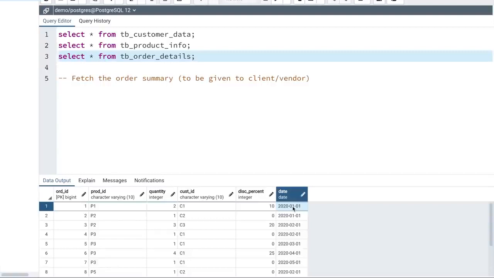And let's say your supervisor comes to you and tells you to generate a report to gather the order summary so that this can be shared with the clients or some vendors or some external parties who are not part of your organization, but you're basically working with them on some common projects. Okay, now when you have this kind of a requirement to gather the order summary, you first need to understand